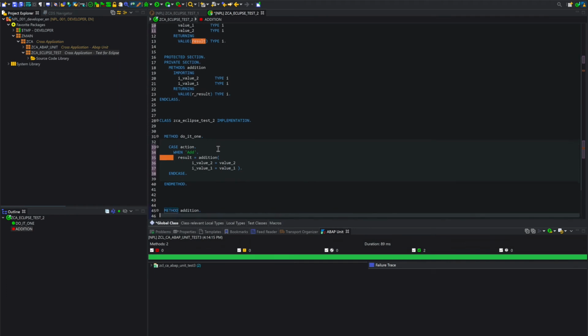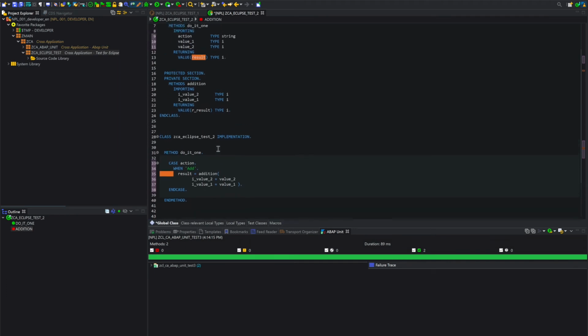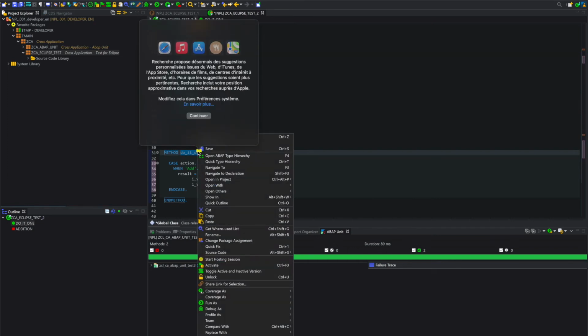Imagine, I don't know, this name of method is too stupid. I want to change everywhere it has been used. It's something really difficult to do in the SAP GUI, and it's something you really need to do a lot of times when you do clean code because you lose a lot of time to rename all the time. So here, right click.